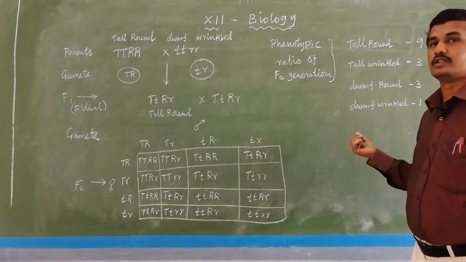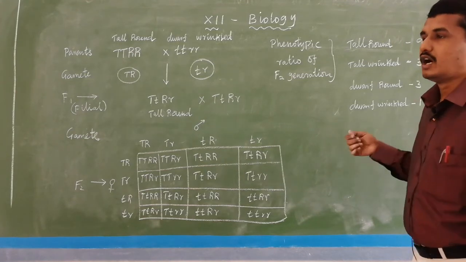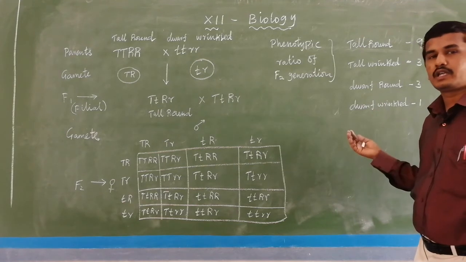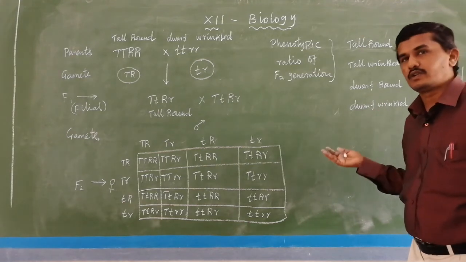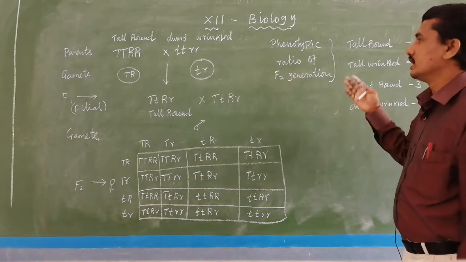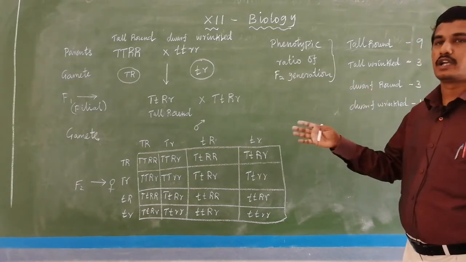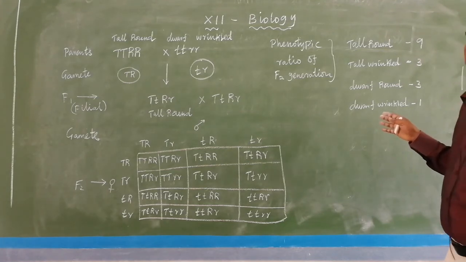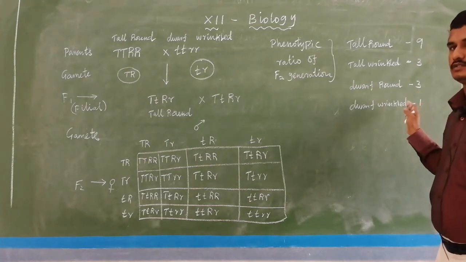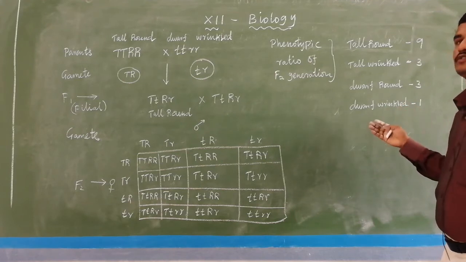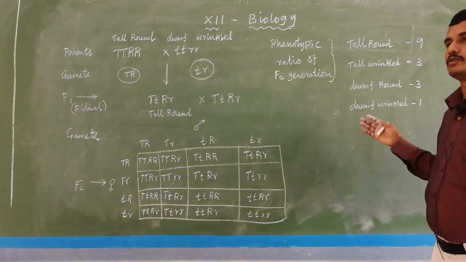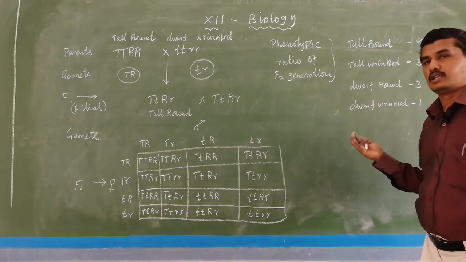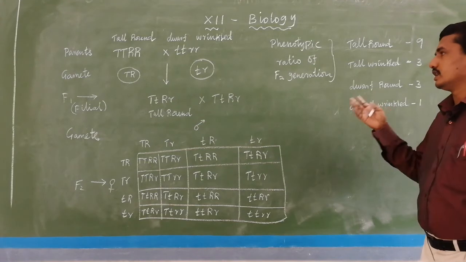So, in a question maybe in the NEET examination or your board examination also, how many phenotypes are produced in the F2 generation of a dihybrid cross means 4 phenotypes are produced. The number of plants is actually 16, but how many types of phenotypes are produced means normally 4 types of phenotypes are expressed in the F2